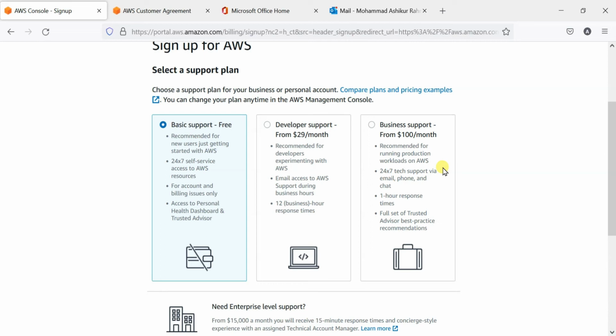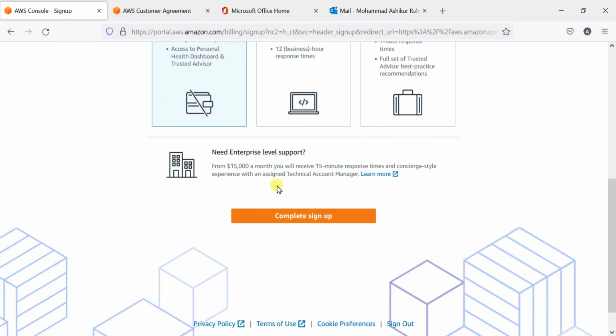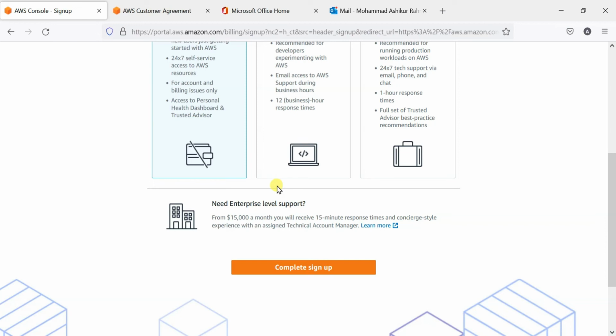And if you are someone who is making this account for your organization, you should consider going a little further than the previous one. So you should consider buying the $100 per month support service, which will come along with some good support here. Go ahead and read it yourself. And if you are someone who is running an enterprise, like quite a big organization, and multiple concerns are running on the cloud, you should consider taking their enterprise level support, which comes along with a 15,000 US dollar a month